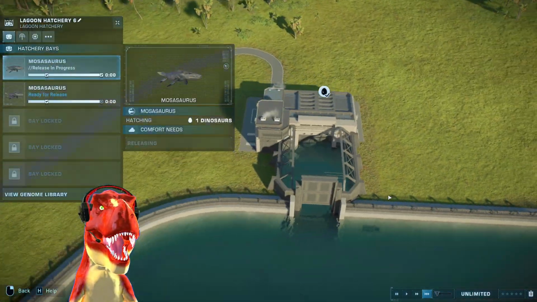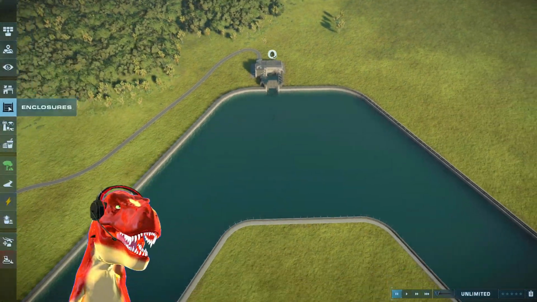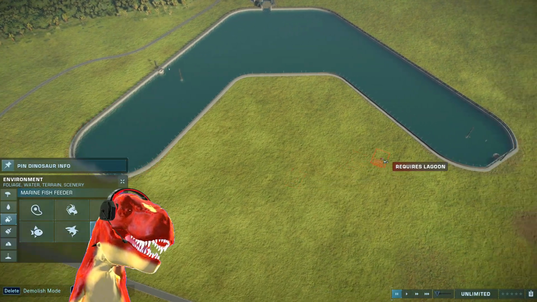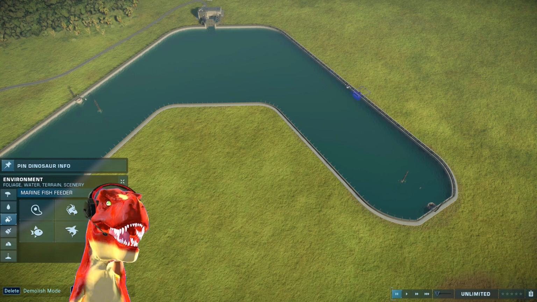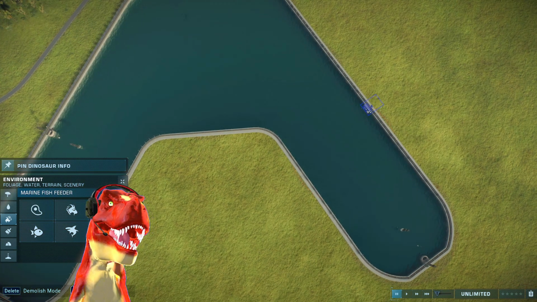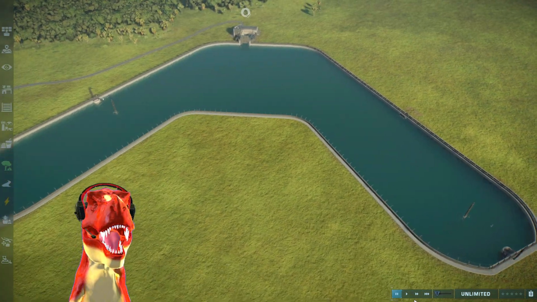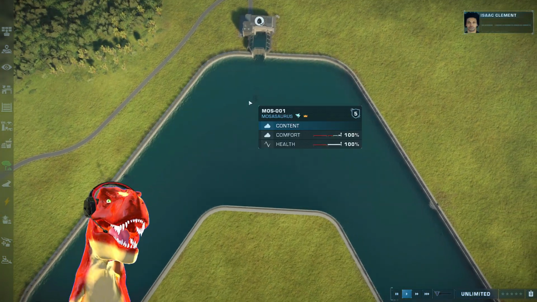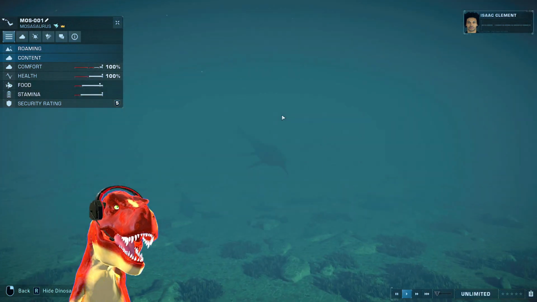Mosasaurus going out, and I'm gonna pause the game and put the feeders down. Left one first, and then of course a bit the same height as the other one, which is kind of like there. So there we go. The swarms of the fish will be released, and let's see which side the Mosasaurus will go for,